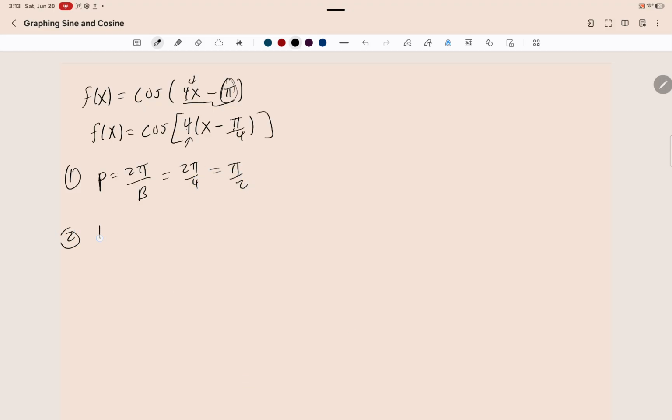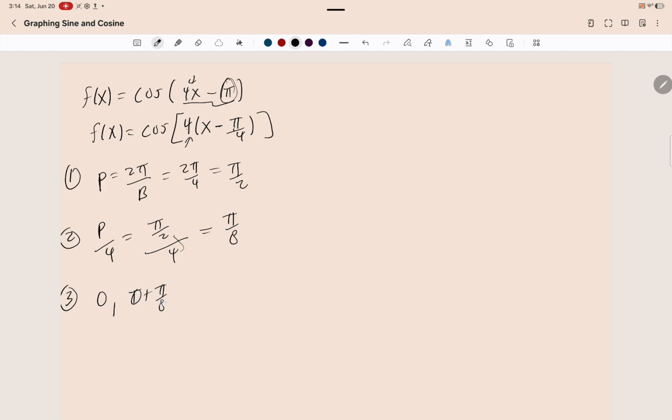Step 2, we're going to take the period and divide it by 4. And if you paid attention to the shortcut earlier, if this is a fraction, in other words pi over 2, a fraction divided by a number, all you have to do is just multiply them. So we're going to get pi over 8. Step 3, we're going to start at 0, but each time we're going to add pi over 8 to the previous step. So 0,